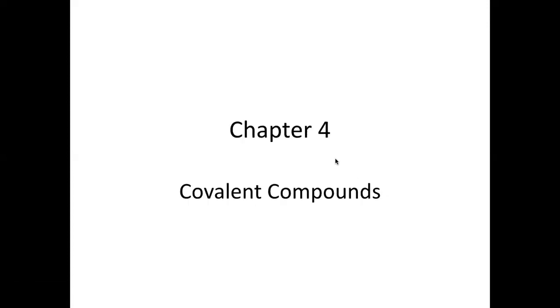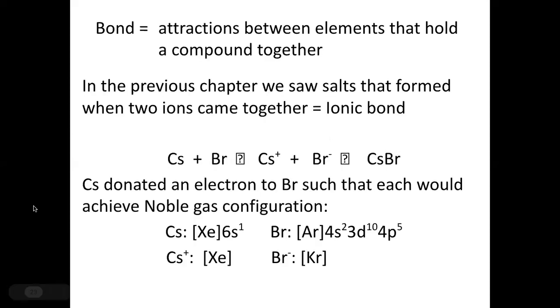So that's going to sum up what we know about ionic compounds. We'll do some more practice in our in-class portion of the lecture, but now we're going to move on to chapter 4 of the textbook, where we will talk about covalent compounds. So we talked about in the previous chapter how salts form, or compounds that are formed between a metal and a non-metal form this ionic bond. And I apologize here, these